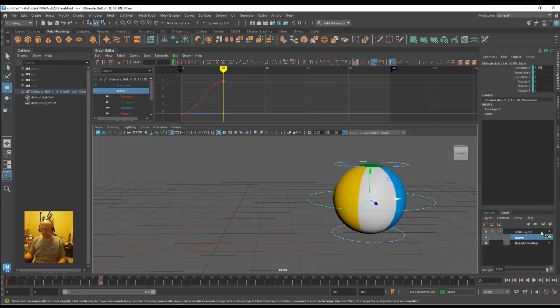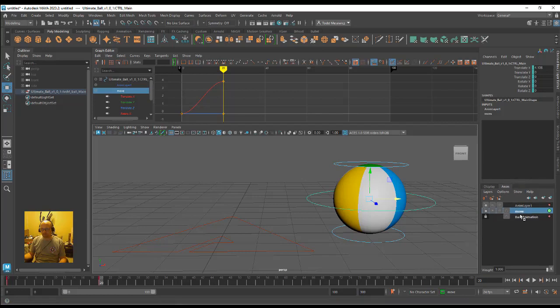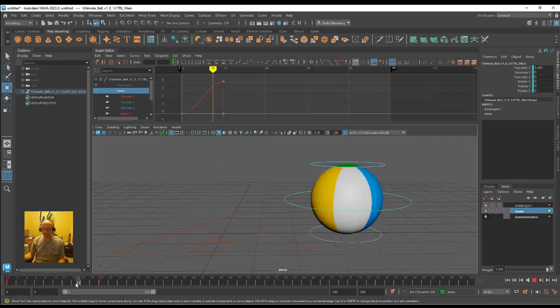I'm going to rename that move. And when I click on it here, I'm looking at my timeline. There's nothing here. Basically, I want to keep the base animation layer locked. I don't want to be adding keys to that. And I only want to be working within this area where we're breaking things down. So we got our movement, and now we have a new layer called animation layer 1. I'm just going to call this rotate,